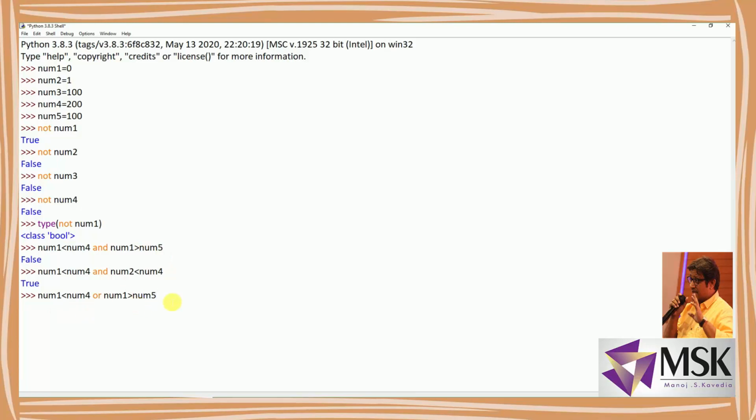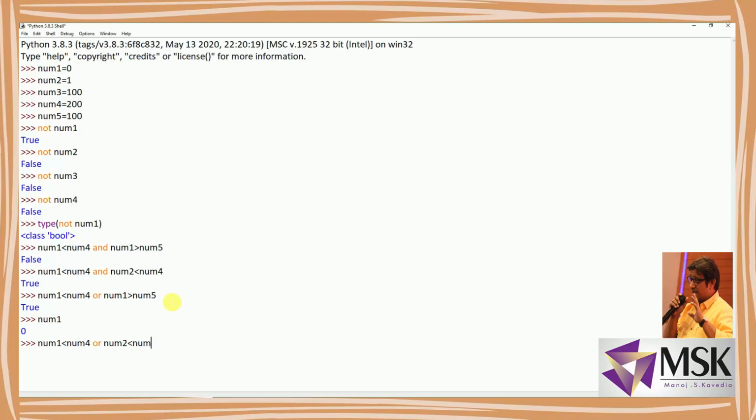But OR says if either one should be true, it will return true. So it is returning me true. Fine. In the second condition, that is num1 less than num4 or num2 less than num4.